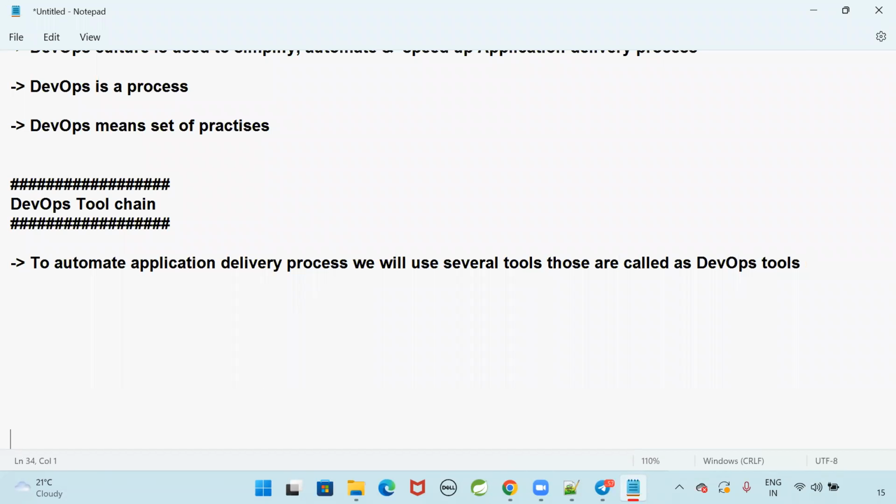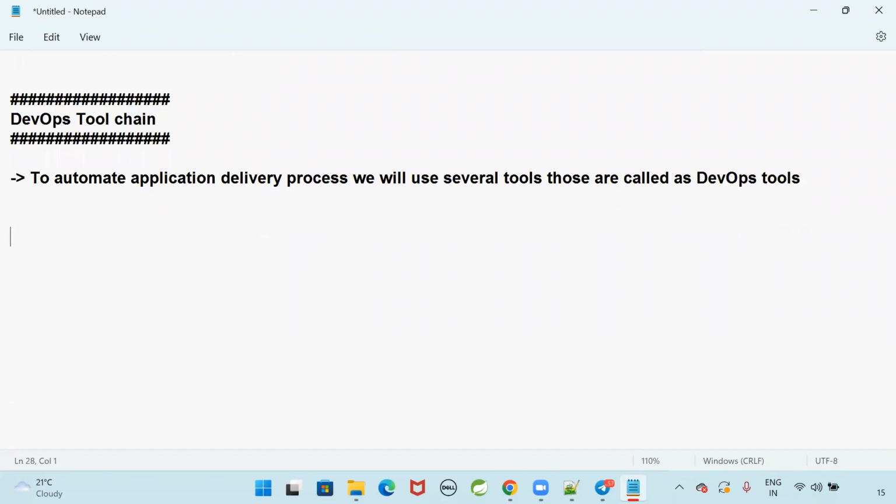What tools do we use in real time? First we will use Maven or Gradle. Maven or Gradle are build tools to create the project, compile the project, and package the project. The application build process we do using Maven or Gradle.